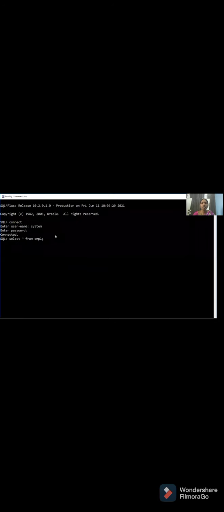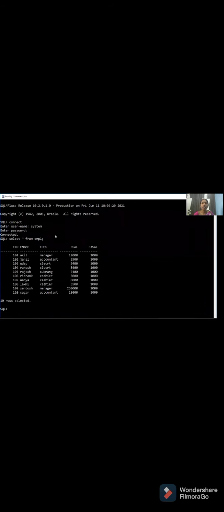In this session, we are going to discuss the AND operator and how it works. First of all, I am displaying a table, employee 1. Here I have a query to display the employee named Akhil who is a manager. The employee name is Akhil, and the designation is manager. I want to see those particular records.